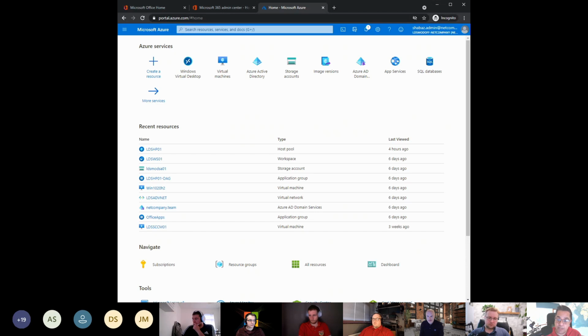So it's the same image that you've actually got in WVD. You can fully patch that, or remove and add the applications you want. Then you can sysprep it, capture it, and add it as the next version of your image, and then deploy that to Windows Virtual Desktop. I'll answer that by showing you rather than just talking about it, if that's okay, Jonathan.